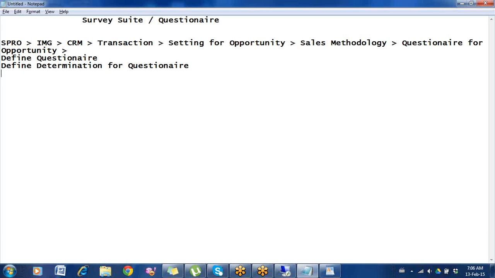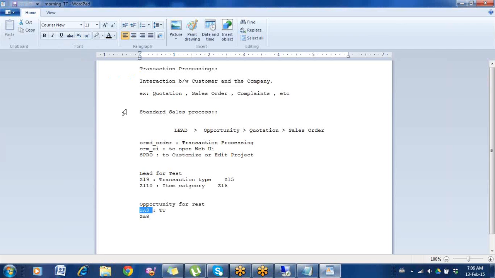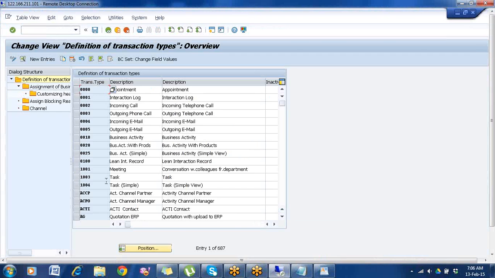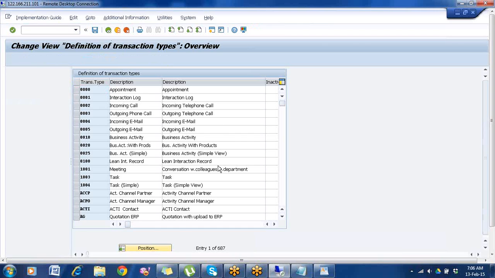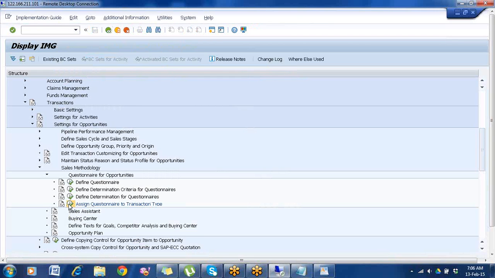Now define determination for the questionnaire and assign it to the transaction type. These 3 steps. The last step we are going to do. I'll show you once again. Assign the questionnaire to the transaction type.